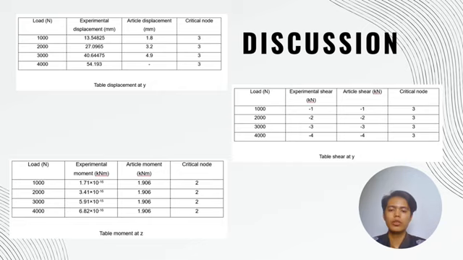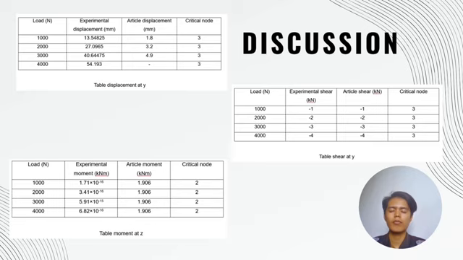Experimental values of deflection were significantly higher than those reported in theoretical articles. This discrepancy highlights the importance of empirical validation in structural analysis. Regarding shear force, maximum shear again happened at node 3. The experimental shear forces closely match theoretical values, with both experimental and article values being the same. Despite this consistency, the assumption made due to the small strain value suggests a need for careful consideration of the